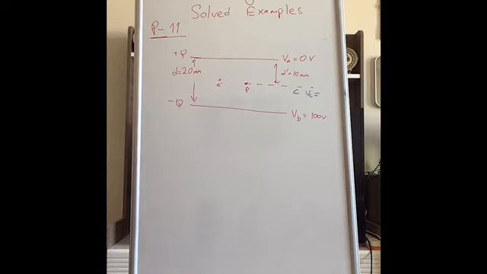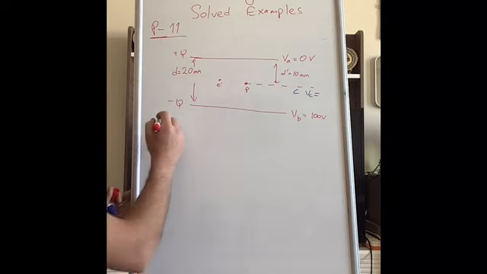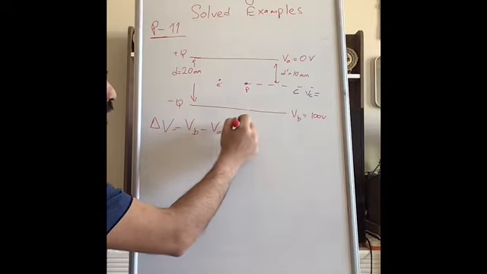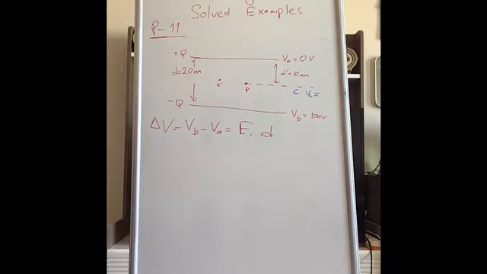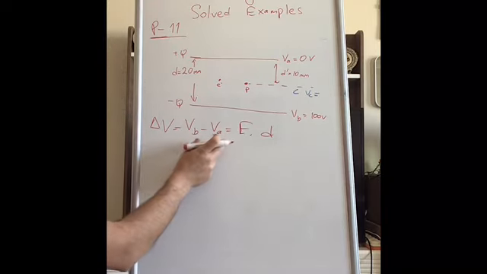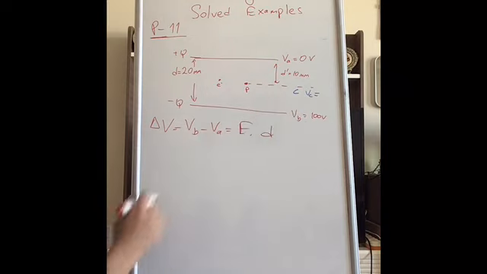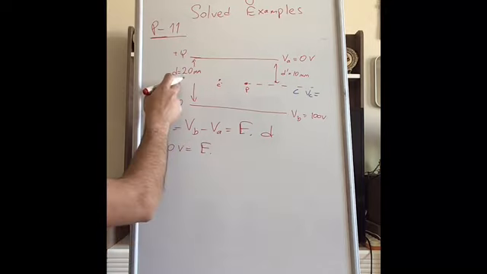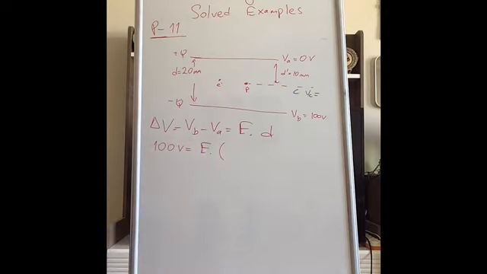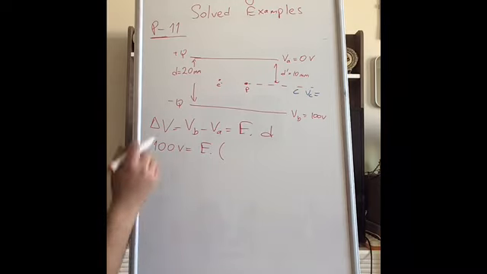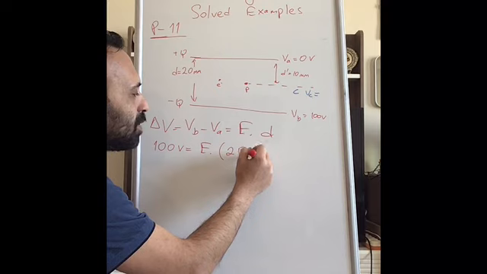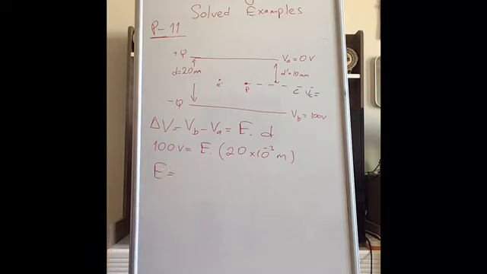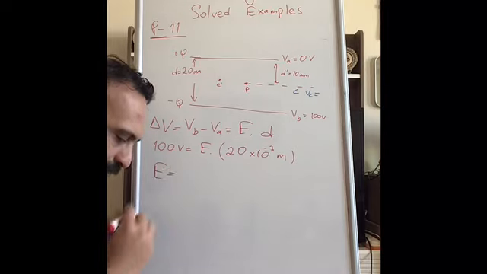But from the discussion of the electric potential, we know the electric potential difference between point B and A will be equal to the electric field times the separation. We know the separation, and we know the potential difference between points B and A. So 100 volt will be equal to electric field times d. d is the separation, and we know it is 20 millimeter. We just need to convert it to meters to use in this equation, so it is 20 times 10 to the minus third meter. And by using this equation, we can find the electric field as, let me check my notes,